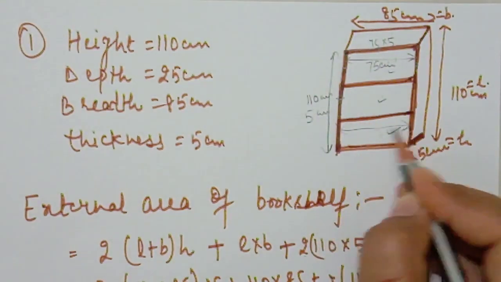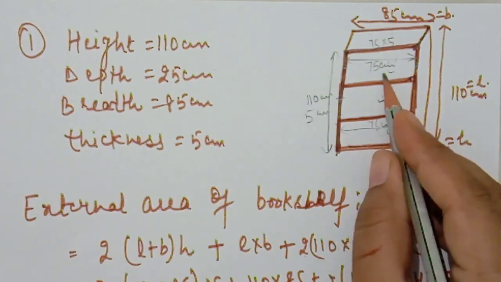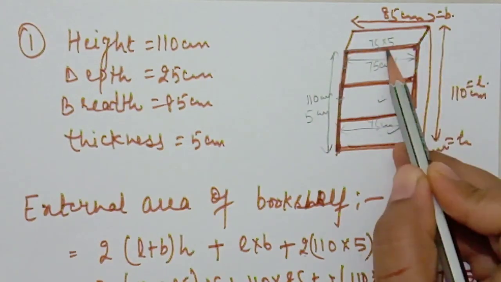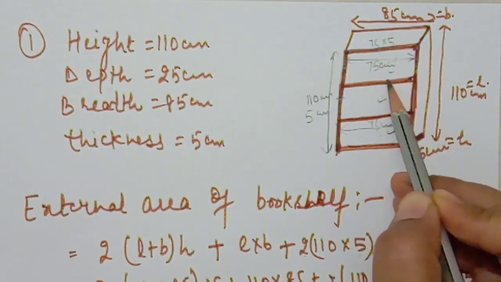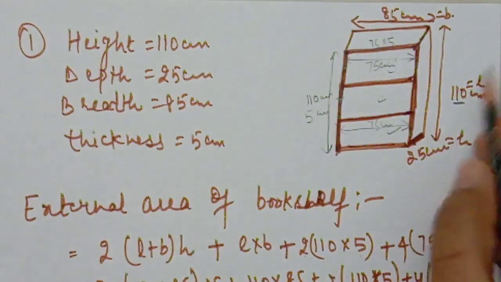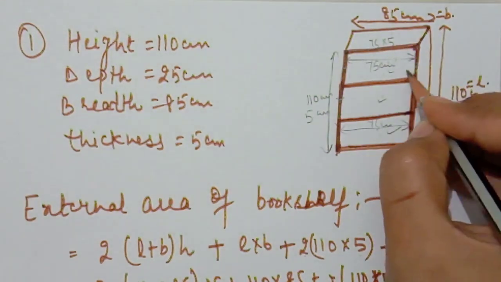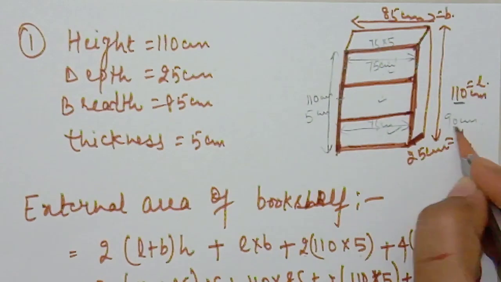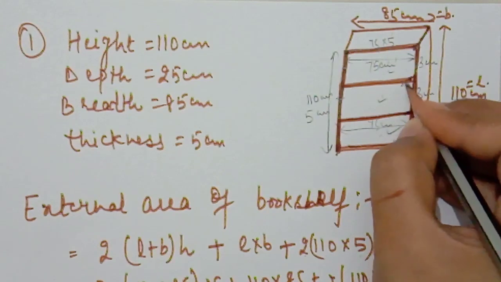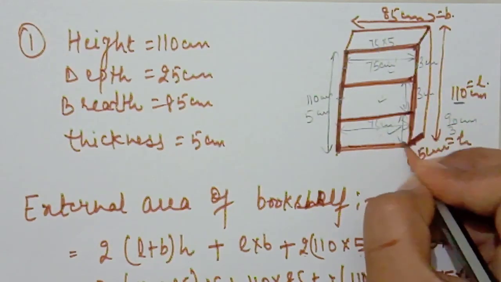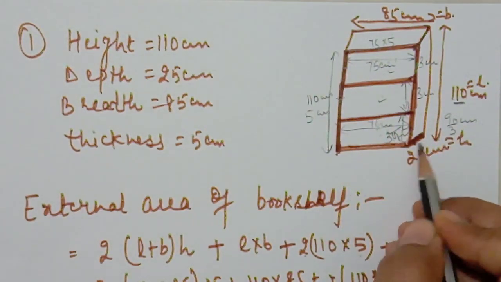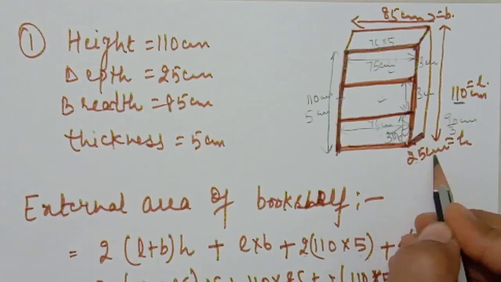So in this cuboid the total breadth is 75 centimeters, I already explained, and the thickness of each plank is 5. So 20 is there. When we subtract 20 from 110, the remaining part is 90 centimeters. So we have 1, 2, 3 boxes. When we divide it by 3, it is 30 centimeters. It is also 30 centimeters from here to here. It is also 30 centimeters from here to here. So length, breadth. Now what about height? Because I take depth as height. Depth is 25 centimeters already.